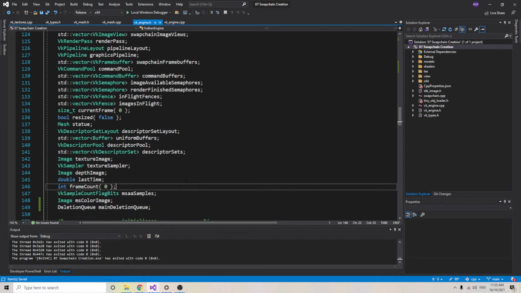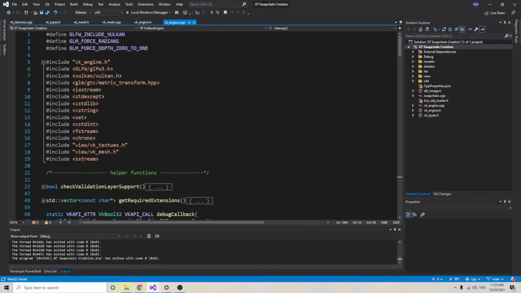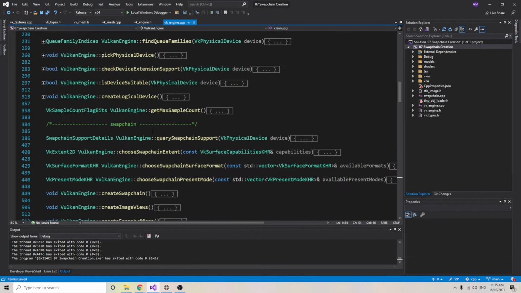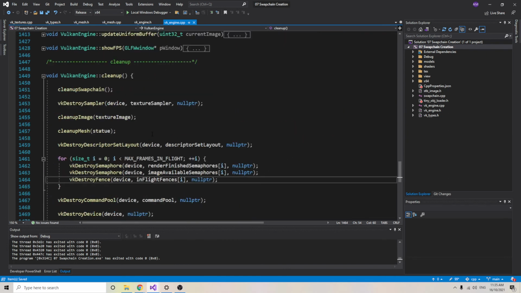Okay, cool. And now if we go to Vulkan Engine, right down to the cleanup section. Now I'll have a look at this and I'll think, which parts can I throw on the queue? Well, I don't want to push cleanup swap chain onto my deletion queue, because